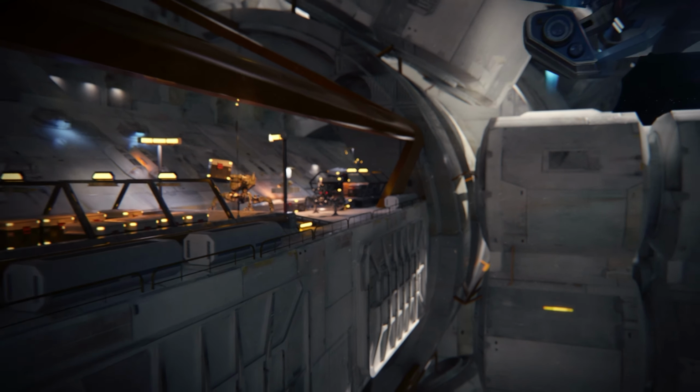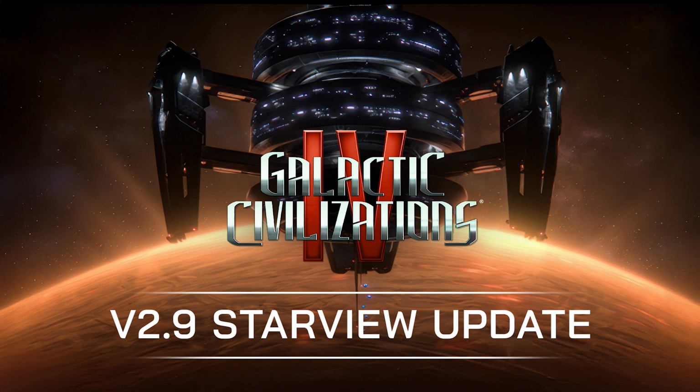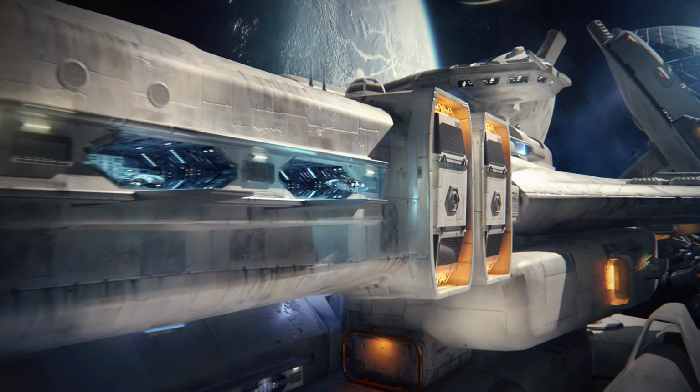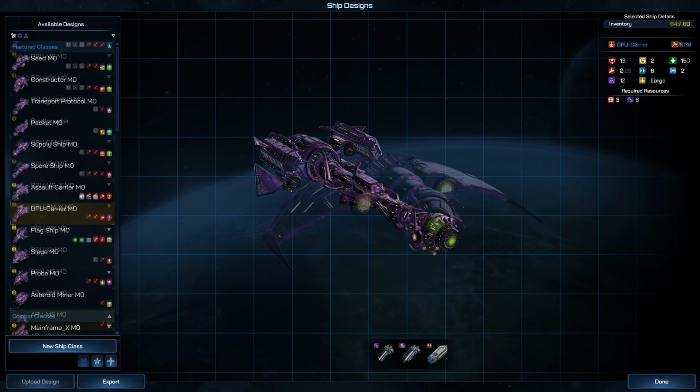Galactic Civilizations IV Supernova has received a new update, version 2.9, named Starview, so called for its focus on improving the game's visuals, user interface, and overall user experience as a whole, alongside the usual bug fixes, gameplay balancing, and more. The Yor Singularity have received an upgrade in the shape of a whole new set of ship models for